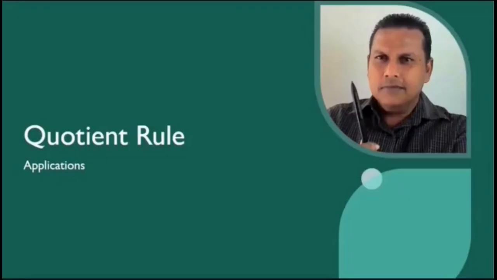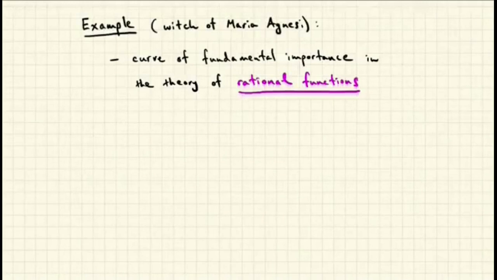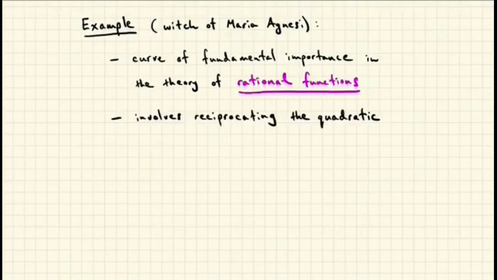In this part of the video, I will apply the quotient rule to explore the behavior of the curve y equals 1 over x squared plus 1, known as the witch of Maria Agnesi. Our main example is a curve of fundamental importance in the theory of rational functions. That is, a ratio of polynomials, and involves reciprocating the quadratic x squared plus 1, which has a special place